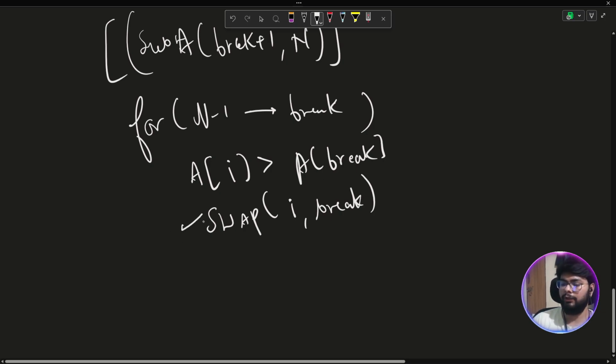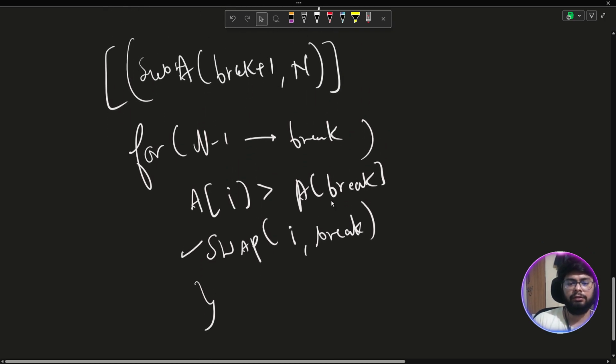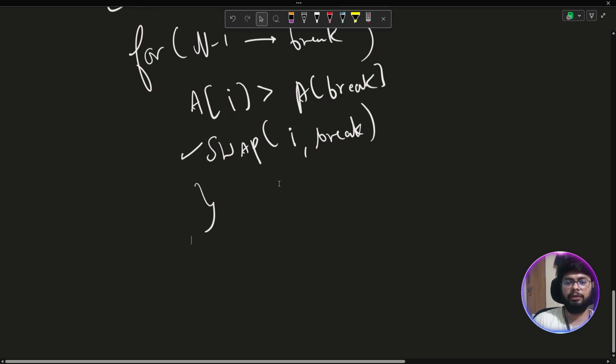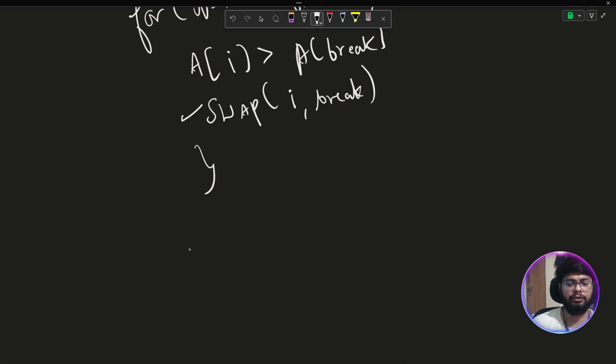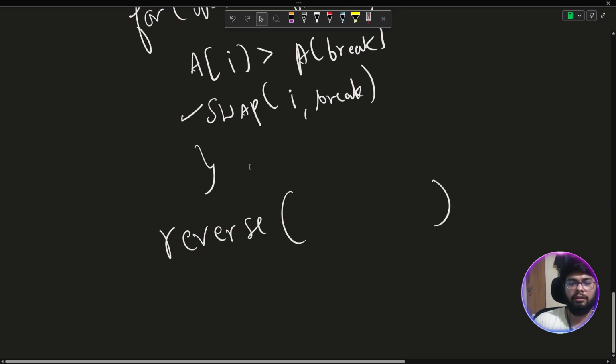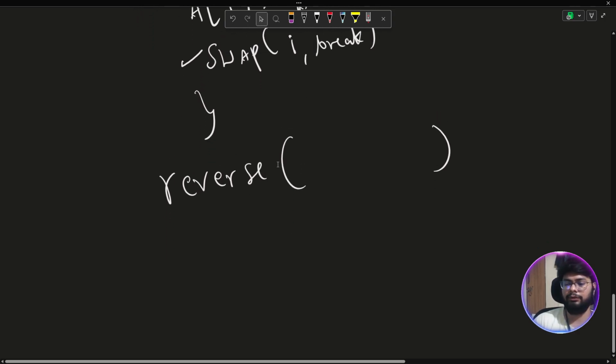Now the swap algorithm we already have, so we must have implemented it somewhere. We can implement it in a function. Then once we have swapped it, what we can do next is just reverse the remaining. Using a similar function, we can implement one more function, the reverse one, which we have already seen, reversing the string. The same algorithm we can use, and we'll pass it the array,